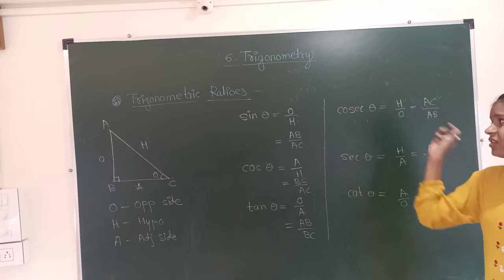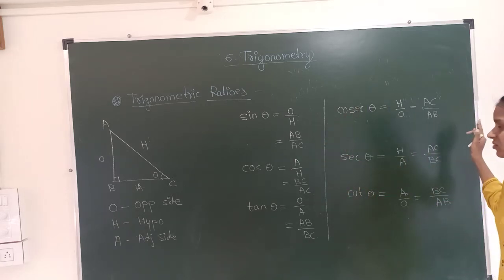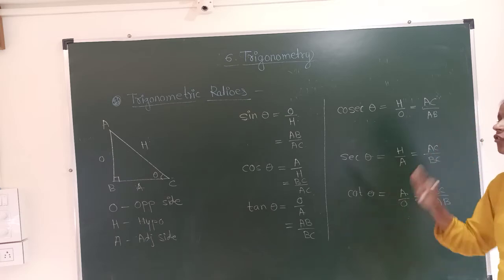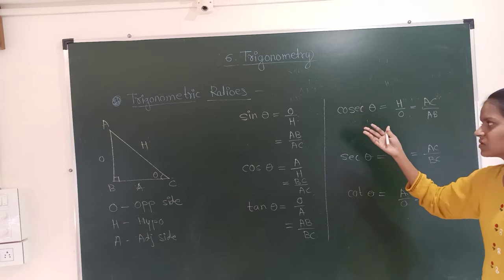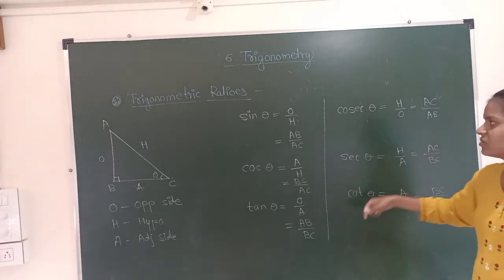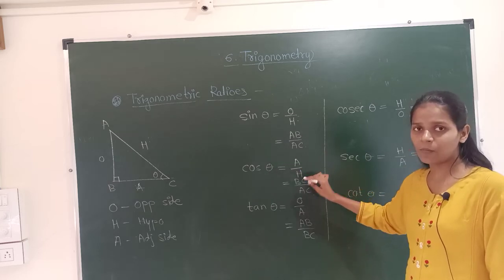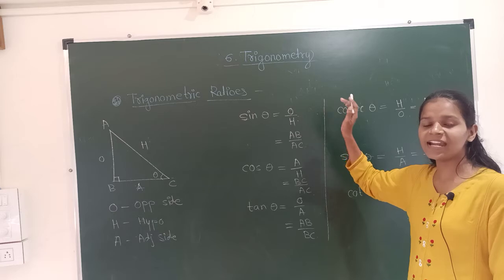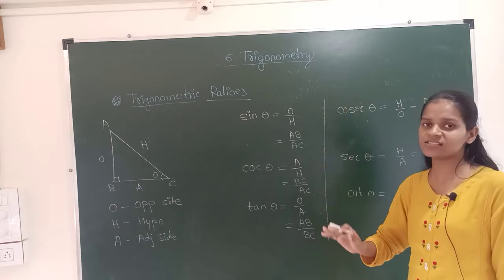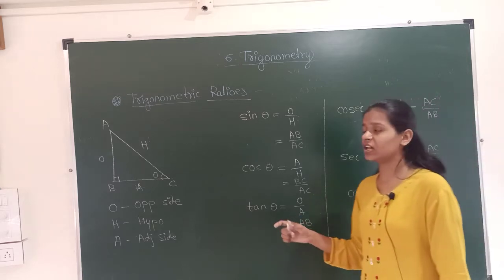In your book they have given so many complications, it's not necessary. Just write down this and it will be clear for you forever. You have to practice this, you just have some tricks to remember this. Sin theta is equal to O upon H, cos theta is equal to A upon H, and tan theta is equal to O upon A, where O is the opposite side, H is the hypotenuse and A is the adjacent side. And all this will be clear for you. Trigonometric ratios will be clear for you.